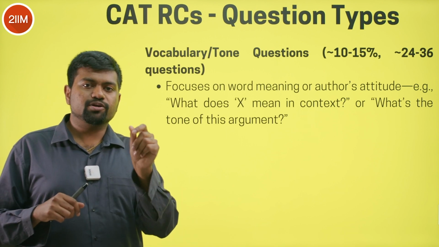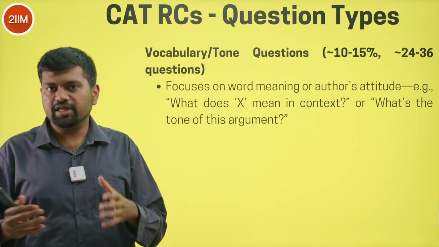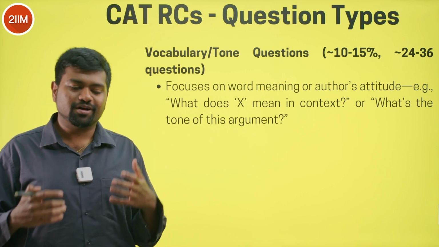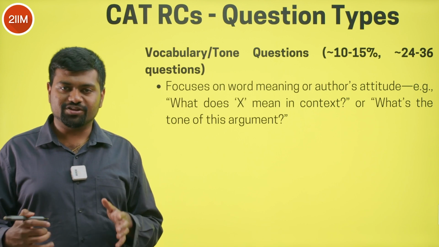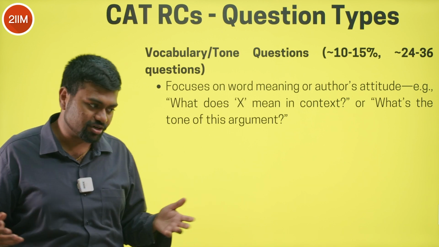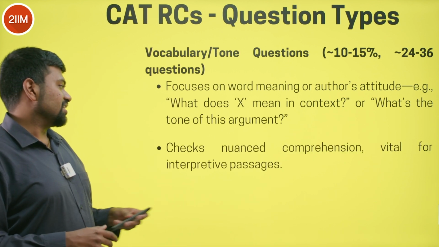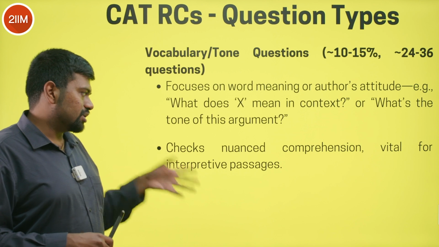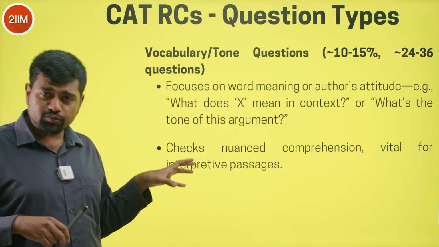All these minor nuances, they simply don't come out of thin air. You won't get these on the day of the exam. You have to read extensively to get good at this. There's no shortcut as such. And like I said, they check for nuanced comprehension. And you will see this again